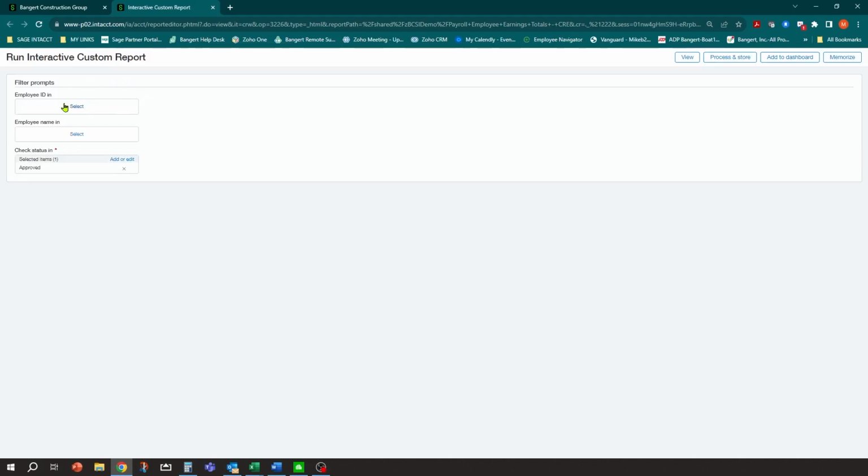In this case, I'm just going to click run. And when I do that, what you'll notice here is it's not going to ask me for any date information. It will ask me if I want to range the employees. What type of check statuses do I want to run this off of? And typically you're going to run this only off of approved or posted time. And at that point, I'm just going to click view and it'll generate the information for me right on my screen. So I'll wait for that to generate.